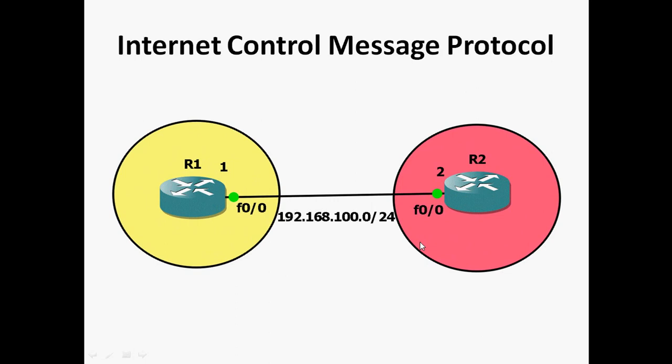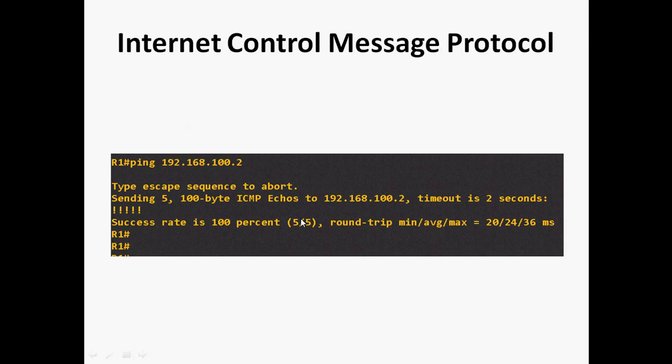Here I am using two routers, R1 and R2, in a point-to-point network. I am using the 192.168.100.0/24 network. In R1 I will assign .1 and in R2 I will assign .2. So I just assign those IP addresses. In GNS3 I start running Wireshark in the backend, then I will ping from R1 to R2.